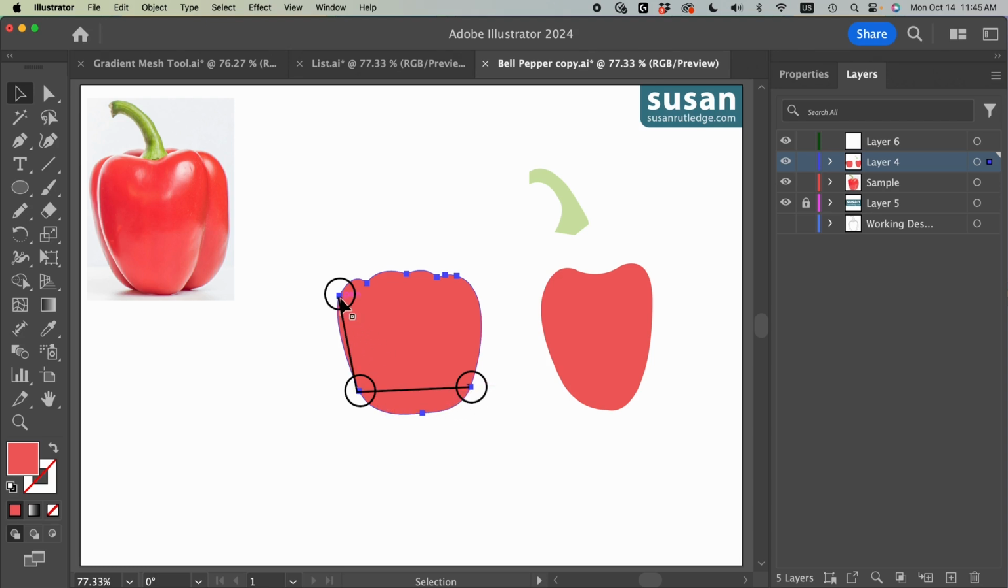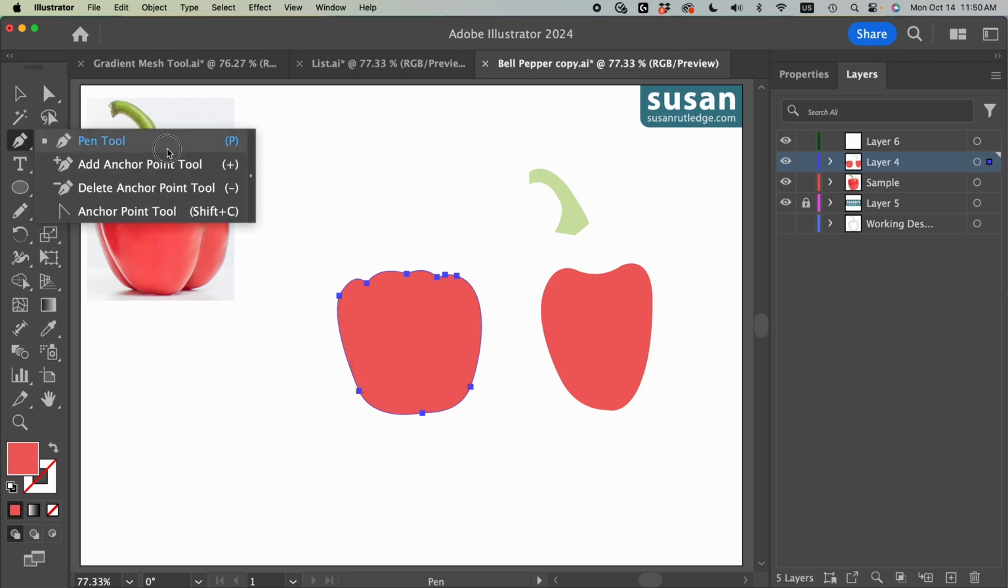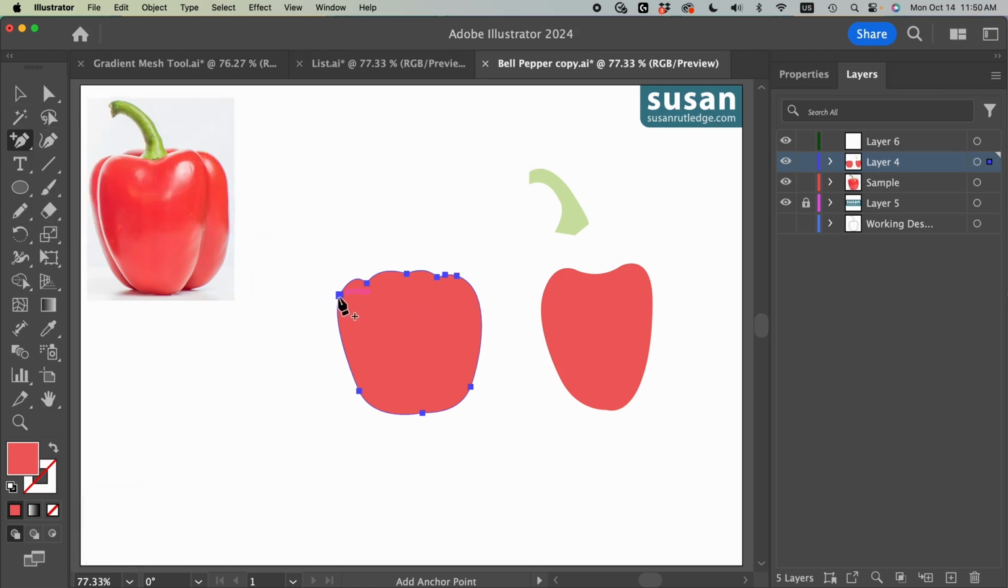All I need to do is add one more anchor. To do that, I'm going to come to the left toolbar, click down on the pen tool for a flyout menu, and here's the Add Anchor Point tool, keyboard shortcut plus. So I'll just come from the left straight across and add another anchor here, then get the direct selection tool,